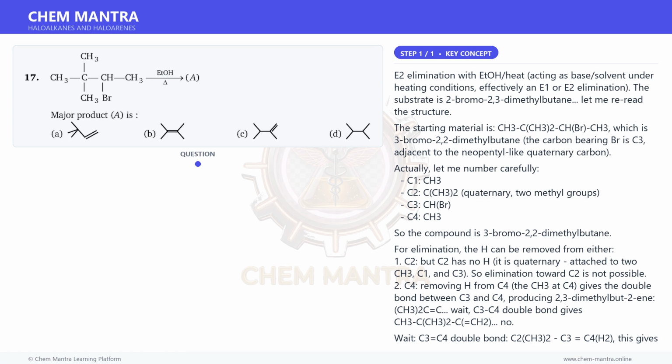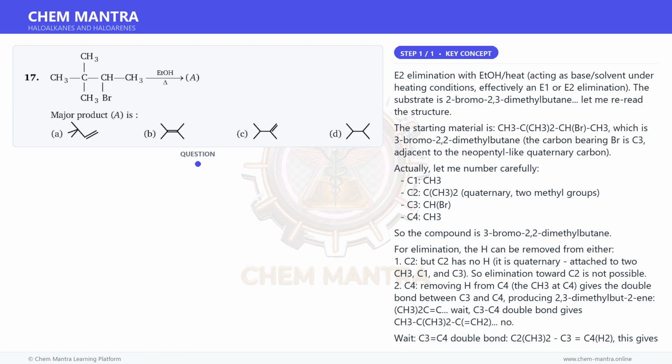So the compound is 3-bromo-2,2-dimethylbutane. For elimination, the H can be removed from either C2 or C4, but C2 has no H. It is quaternary, attached to 2 CH3, C1 and C3. So elimination toward C2 is not possible. Removing H from C4, the CH3 at C4, gives the double bond between C3 and C4, producing 2,3-dimethylbut